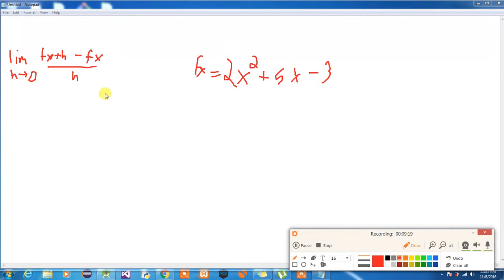So let's start out by writing our f of x. Our f of x will be 2x squared plus 5x minus 3. Now I'm going to do the same thing. Don't forget the minus part, because of the top function, or this right here. Now let's write the f of x plus h. So write your f of x and put parentheses where all the x's are. So 2 squared